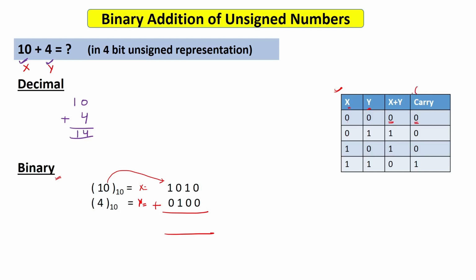What are this carry and this sum actually? Let's say you are adding 19 and 13 in decimal numbers. What will be the answer? 9 and 3 make 12. So you write 2 here, that is the sum part, and this 1 is the carry, which moves forward. In the same way, if you are adding 0 and 0, the sum will be 0 and the carry will be 0.